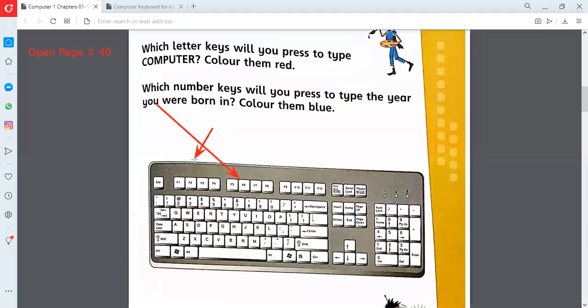So 16 keys are just on the top, and there are so many keys. That's why the name of this device is board. This is a board on which many keys are there.